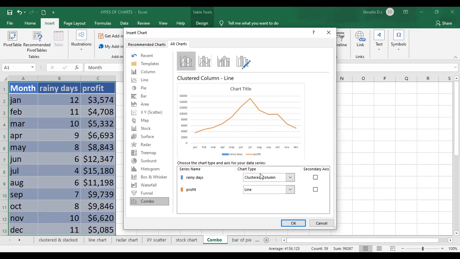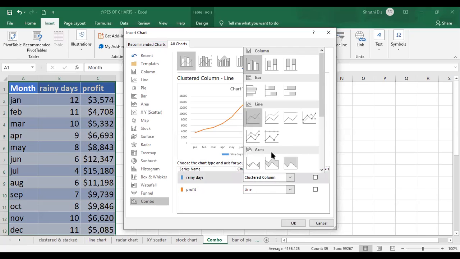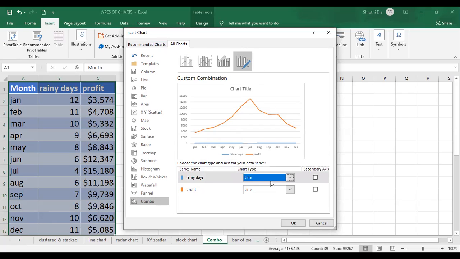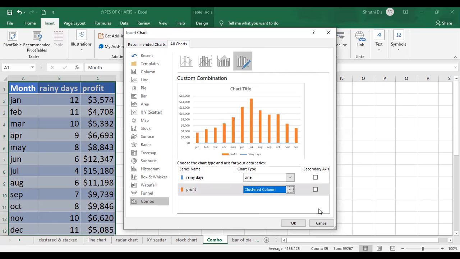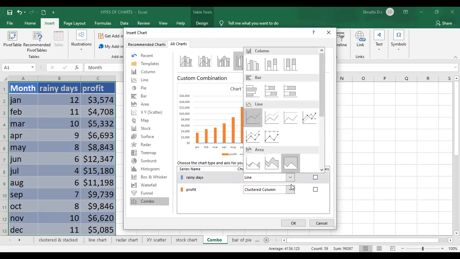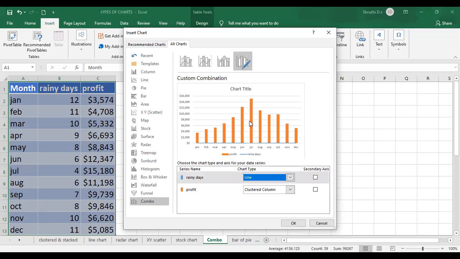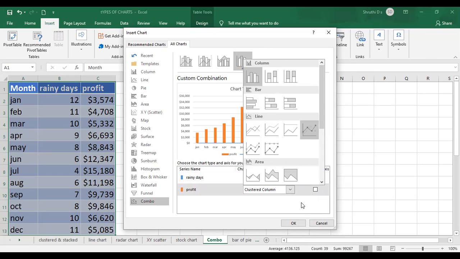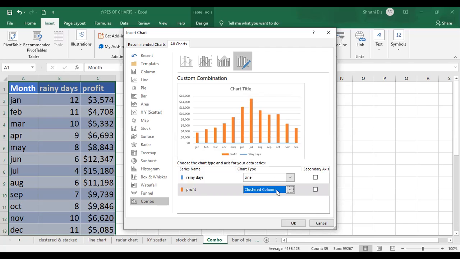It is appearing actually in the clustered column chart. So you can represent this one with the line chart and give this as a bar chart. Here also the same options are available: you can go with either clustered column or line option.